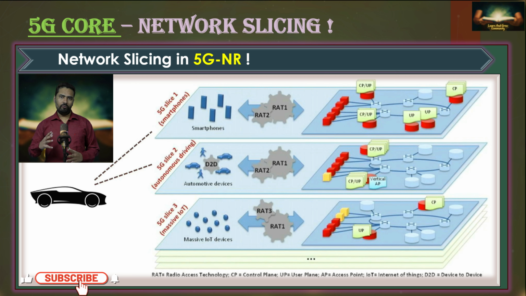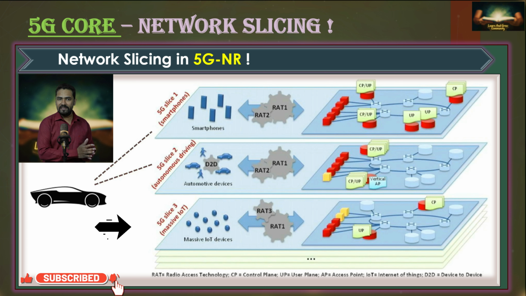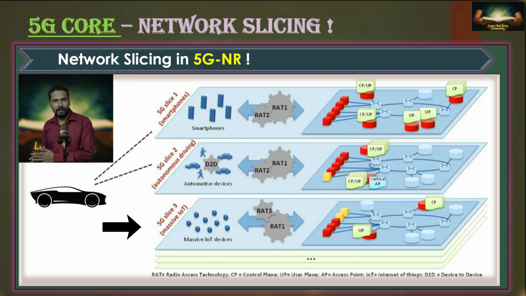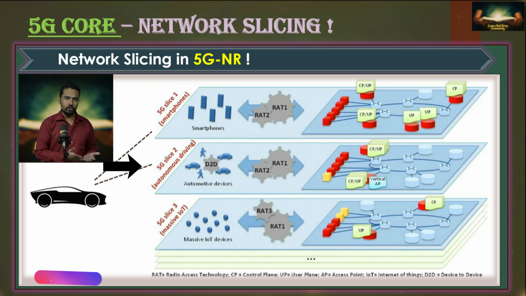For example, if a device wants to use massive machine type communication, then it will connect through that specific network slice. That slice is already optimized for infrequent data transfers, and it also supports longer battery life, which is needed for mMTC based services. One slice can be dedicated to mobile broadband services, which will handle heavy data transfer or high data rates. And there will be another slice focused on low latency communication, for applications like self-driving cars and robotic